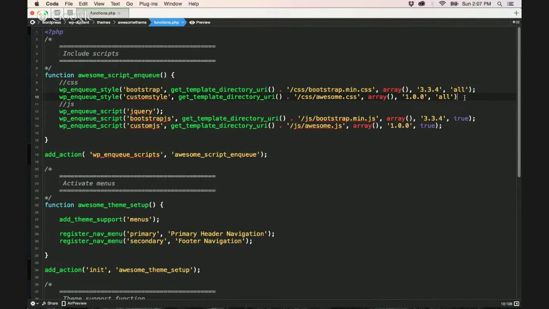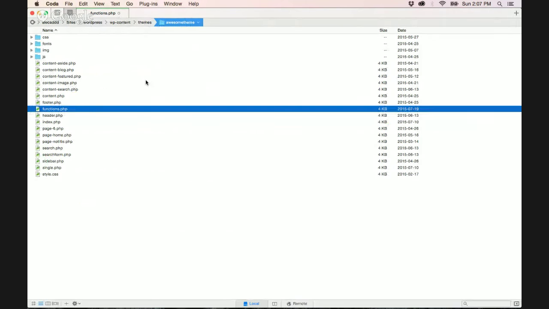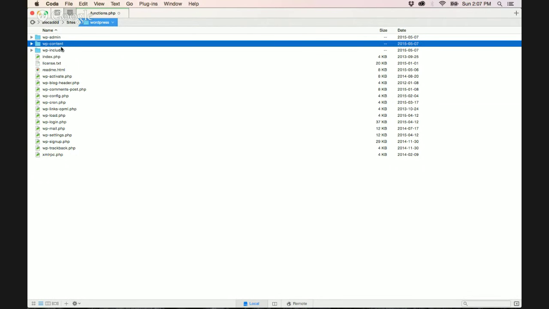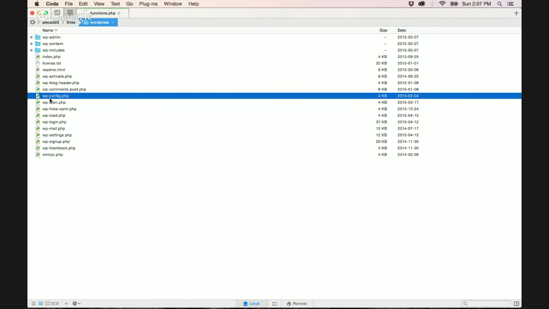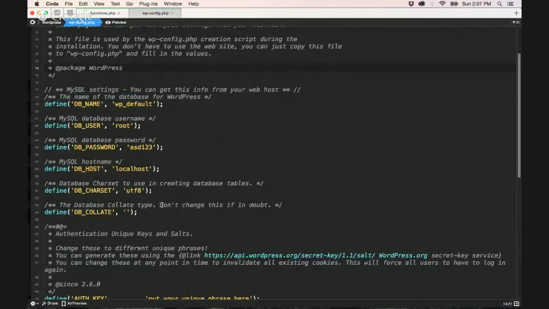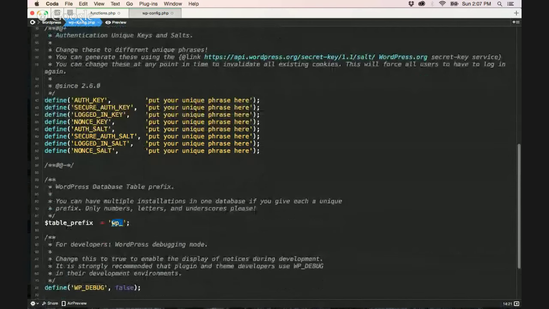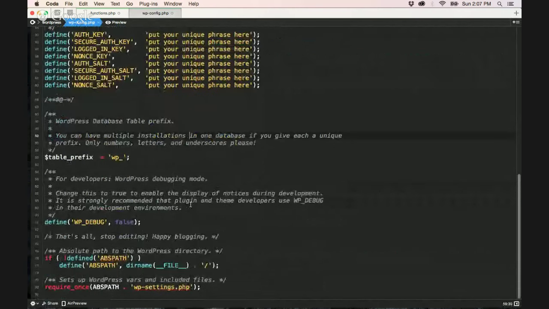So to solve this problem, we have to access the root folder of our WordPress installation, not the theme, but the actual WordPress folder. In our WordPress folder, where we have wp-admin, wp-content, wp-includes, we have the wp-config.php file. This file is necessary to connect our WordPress installation to our database. We have all the functionalities that we need to create a security key, a log key, to change the prefix of our database table. And then we have this amazing define